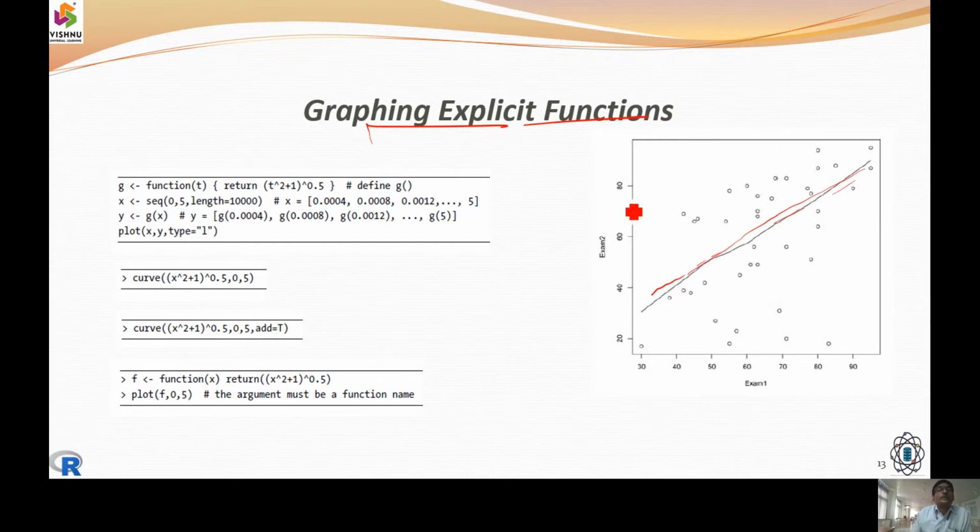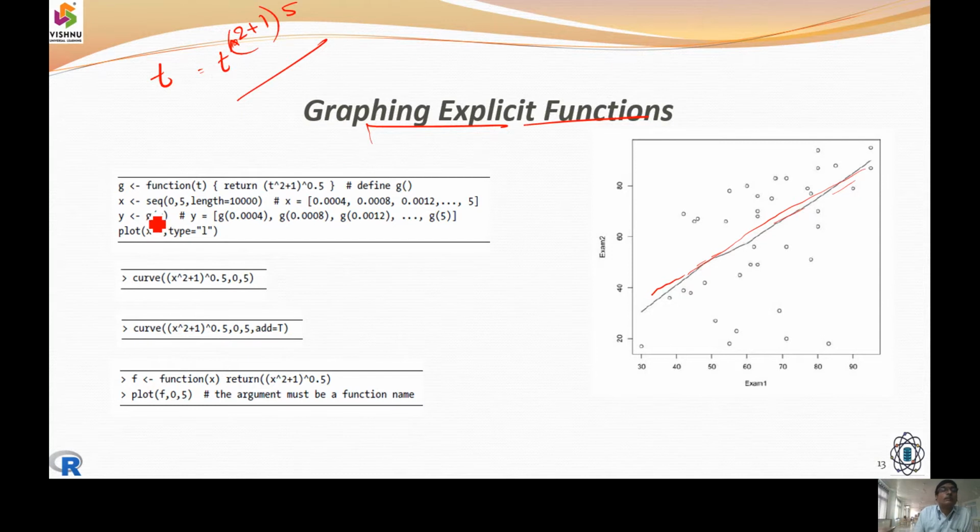Now, how we are going to draw the things here? For that, we are going to use a function. The function is equal to t, and it is represented with t power 2 plus 1, whole power 5. So how can we look into this area?